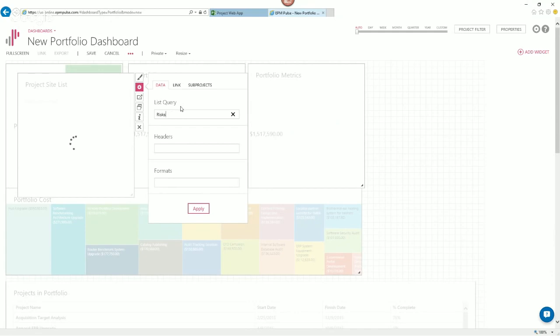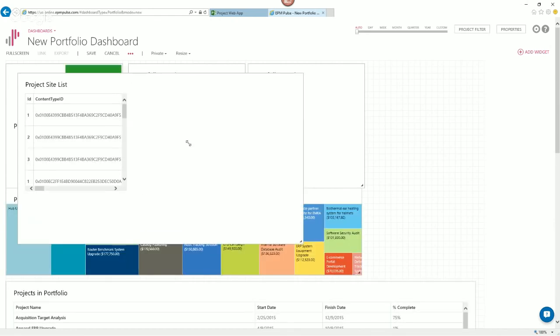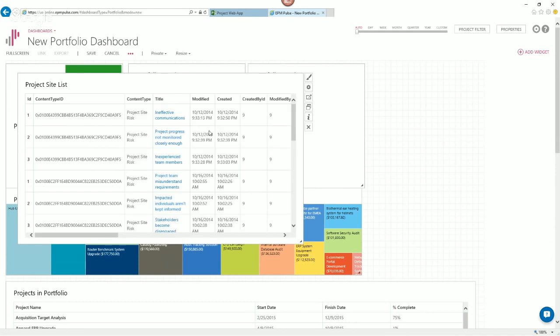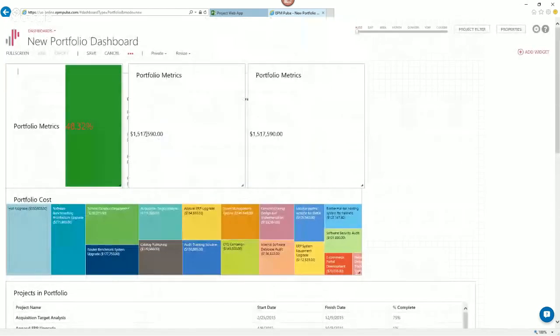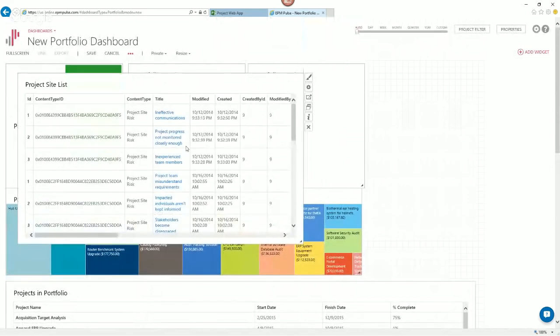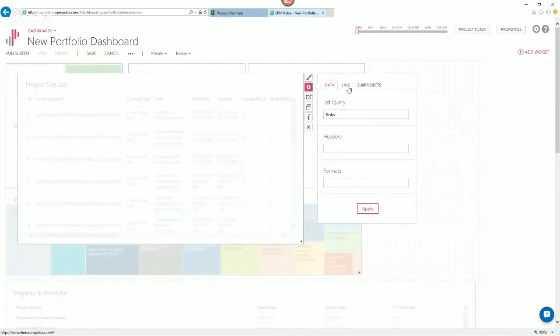And what the system will do, it will get right now all the reads from all the project site, and it will display it here. And I can write another query with a filter that will display all those issues, all those risks here in my grid. And I can define formatting. I can define the headers. It's really standard,